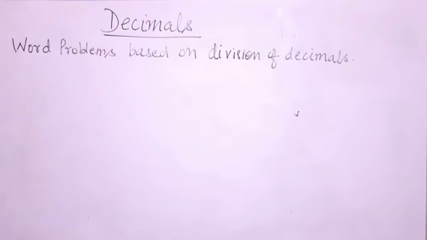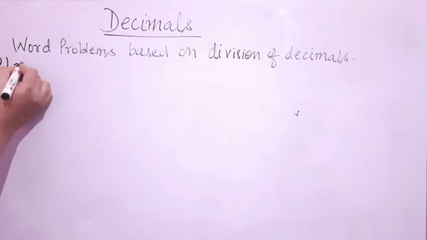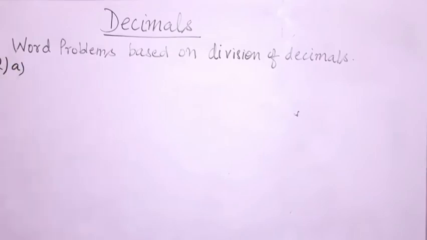Okay students. So the first question, let me read the question for you. 11.25 liters of juice is distributed into 9 bottles. How much juice will each bottle contain? So the 9 bottles are of equal size, so they will contain the same quantity of juice. So we have to find out the quantity of juice that one bottle can contain, because the meaning of each is 1.